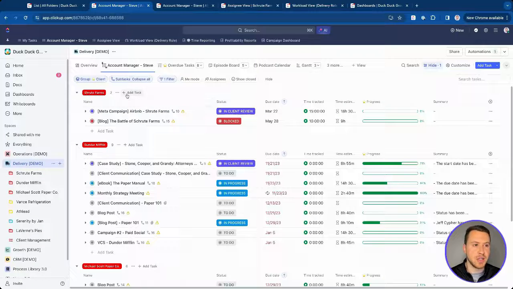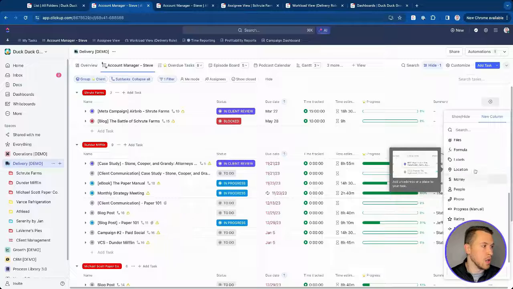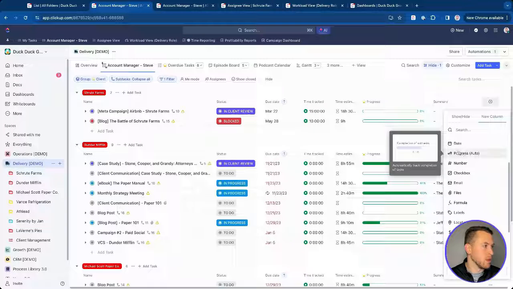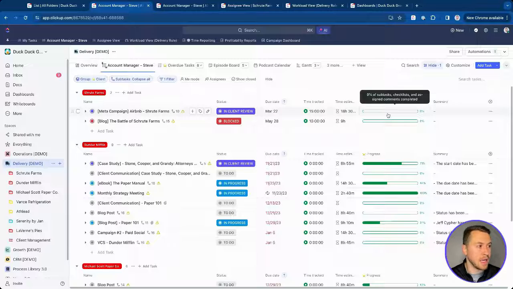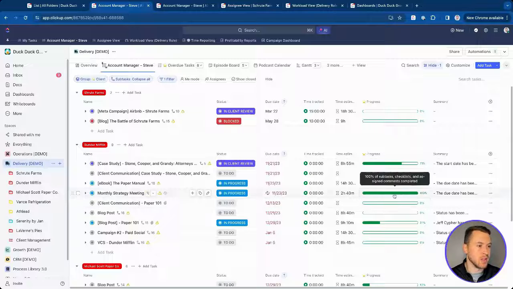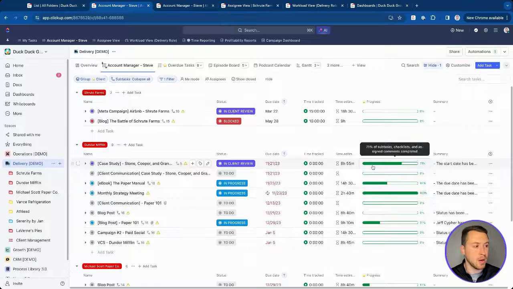In addition, I can take those custom fields and group by them, use them as filters, but I can also use them as columns here. So as you can see, we have a progress bar, which is a field. If I were to come over here and add a new column, you can see progress right there, which is either an automatic one or a manual one. You can choose what you want, but the automatic progress one allows me to say, hey, whenever a subtask is complete, it'll start to fill out that progress bar. So as you can see, we have a bunch of subtasks completed here, and that's why it's starting to fill up that progress bar, making it much easier for him to see how far along we are on a particular